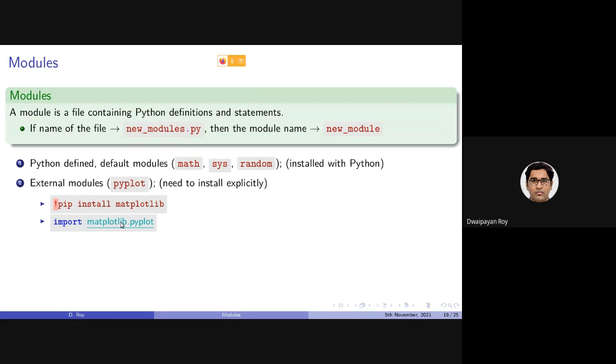Now, as I said, packages are a set of modules, and a module is basically a Python program containing a set of Python components, which are variables as well as functions.